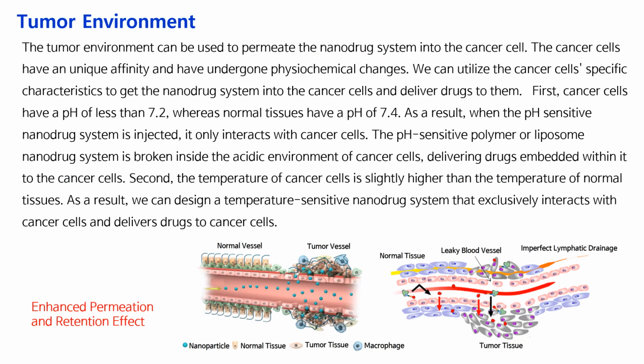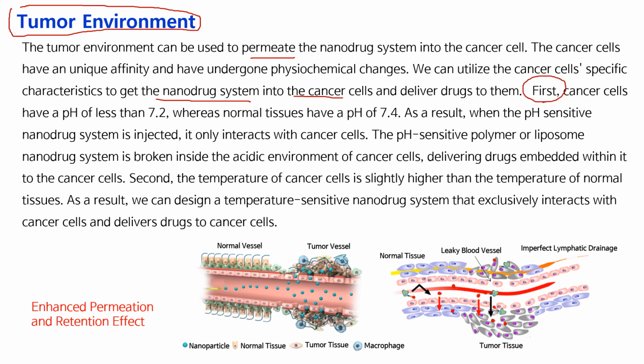Now let's see the tumor environment. The tumor environment can be used to permeate the nanodrug system into the cancer cell. The cancer cells have a unique affinity and have undergone physiochemical changes. We can utilize cancer cells' specific characteristics to get the nanodrug system into the cancer cell and deliver drugs to them. First,